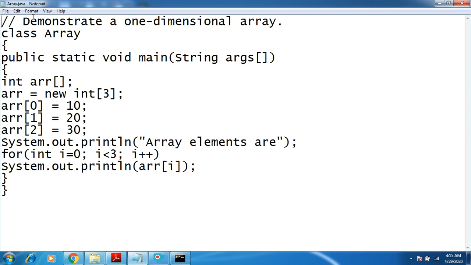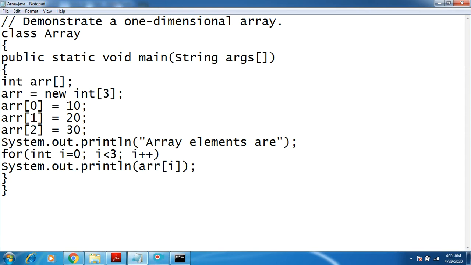The syntax of declaring an array is: first you write the data type, then the name of the array. As it is a single-dimensional array, we make use of one pair of square brackets. Then new is an operator to create the array, then the data type followed by the size, that is, how many elements you want to store in that array. So you need to specify that size.